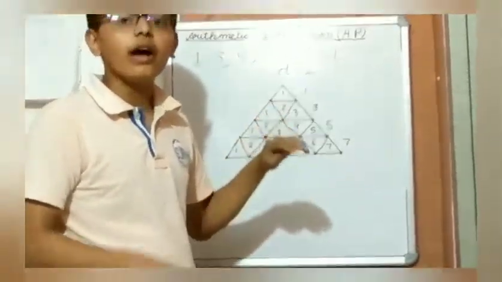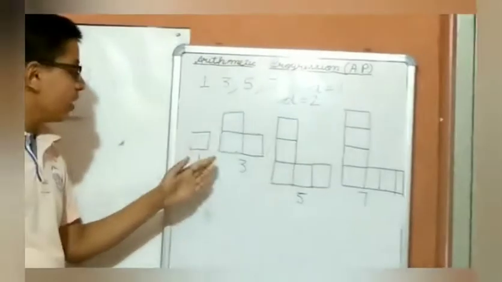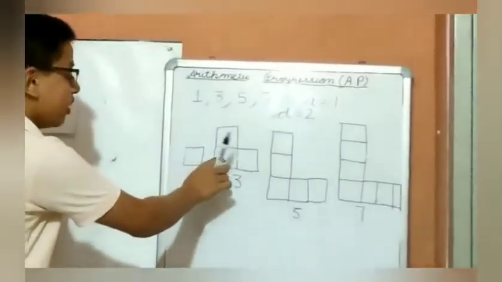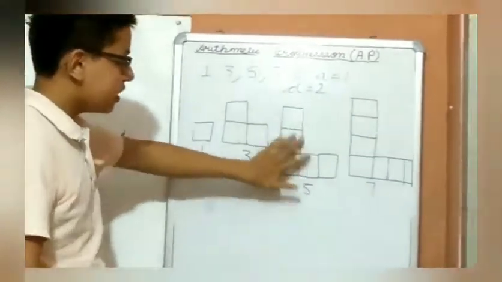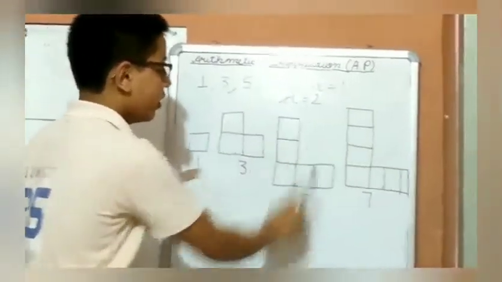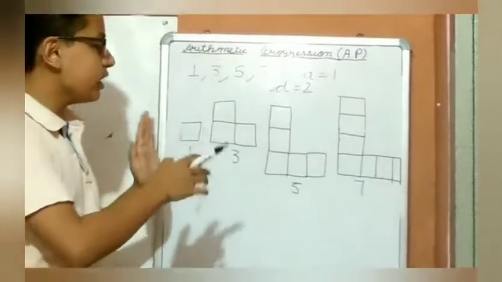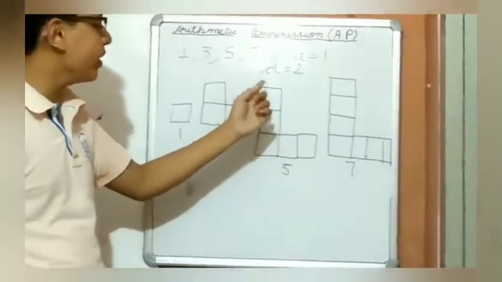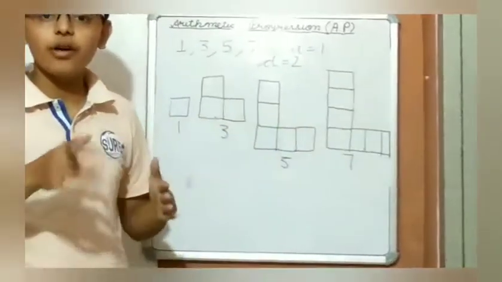Now let us take a look at another method, that is the squares method. By the squares method, here is 1, which we represent as a square, and here is 3. We have only put 2 additional squares beside it, like this is 1 square here, and 1 square here. Same with this, it is 3, and 1 square here, 1 square here. Same with here, 5, these are 5 squares, 1 square here and 1 square here. So you can see that the number of additional things is increasing, and that is the common difference. Again and again 2 are increasing, and that is how you can visualize how the common difference is added.